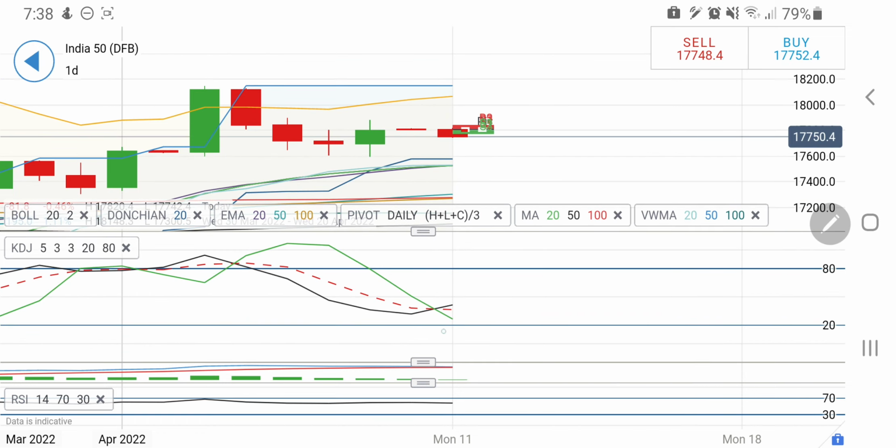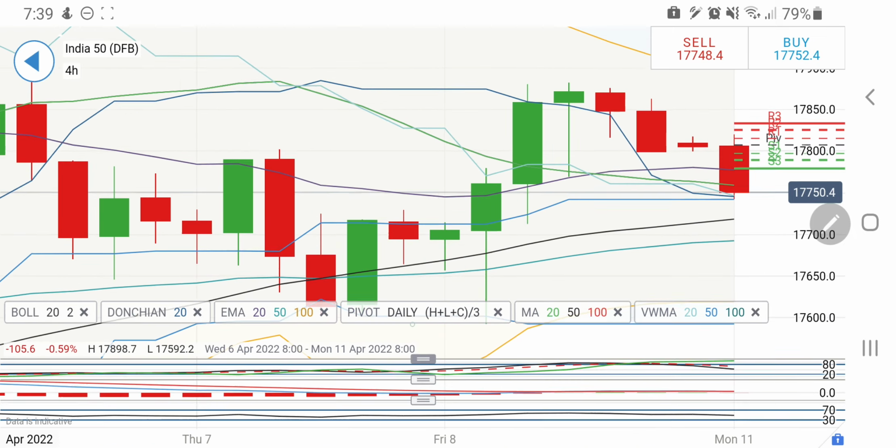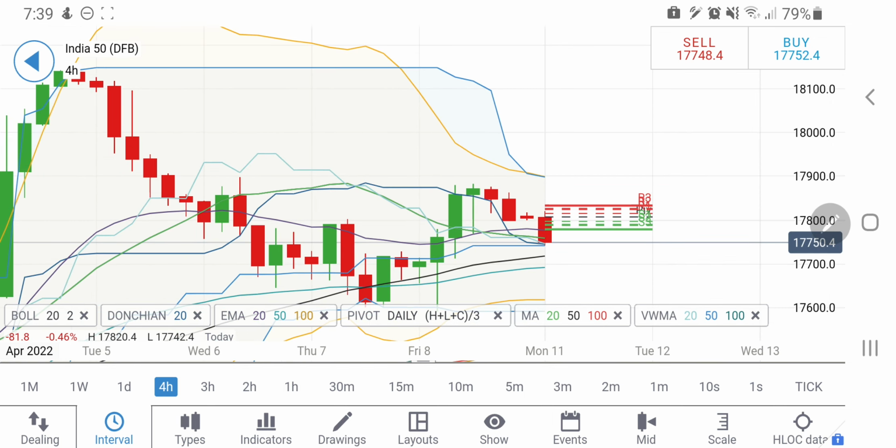See, daily stochastic trading, we will come back to the indicators later. Let's first have a look at the different time frames. On a 4-hour chart, this was overbought, and that is why we can see that it is trying to give you a couple of red candles. Any long entry above 17,800 is recommended. Beyond 17,800 you can go long, and below 17,600 you can go short. We have widened our range. Till the time it remains below 17,800, one can try to remain short. However, the strong support zone here at 17,700 and 17,750 is existent.